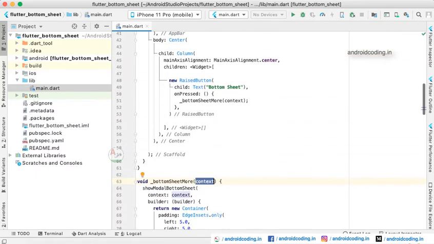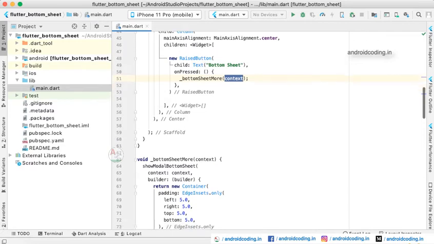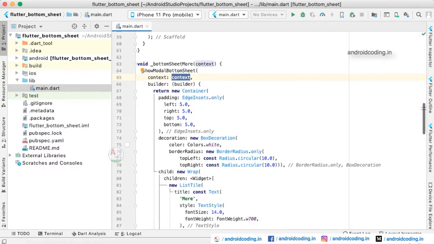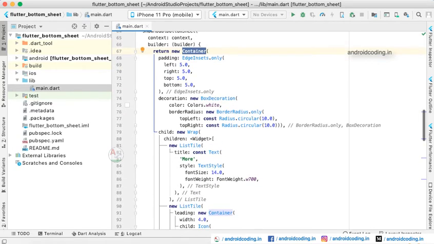From on press we have passed the context so that we can use it inside the modal bottom sheet. And we have considered a container, providing sufficient padding inside, and making the decorations like circular corners and all these things. I mean, depending upon your screen and design requirements, you can alter them to your own needs.